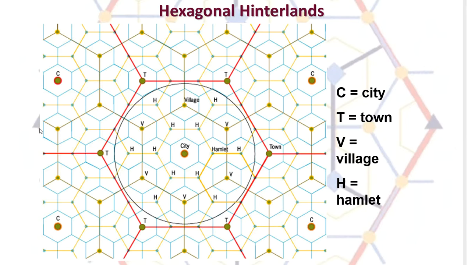Now look at the next ring of the hex out. There's going to be a distance away from the city where now you get these things called villages. A village is going to be a little bit bigger, okay? Like a Fremont size or a Blair size. Think about it. If you live in Fremont, if you want something big, you're still going to come into Omaha for something big. But people don't want to travel for everything. Blair has a movie theater right there on the edge of town. You know what I'm saying?